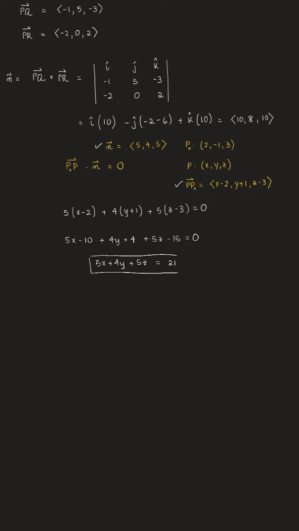Now, one thing that I want you to note is that when you look at this equation, it's very easy to pick out that normal vector. You can see it as the coefficients of x, y, and z. So we can see the normal vector here is 5, 4, 5, which is what we used to create the dot product. Okay,